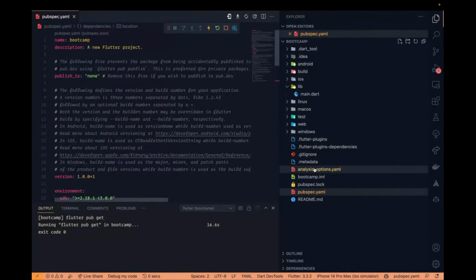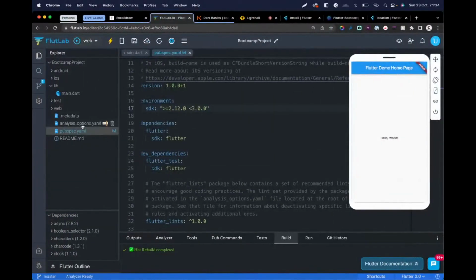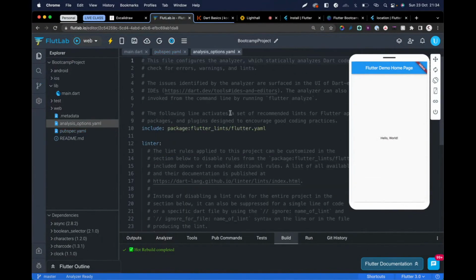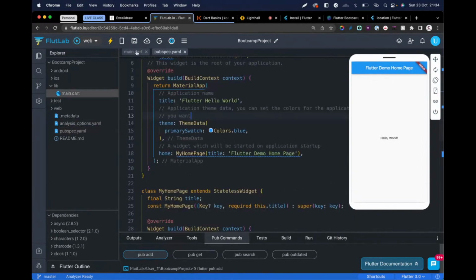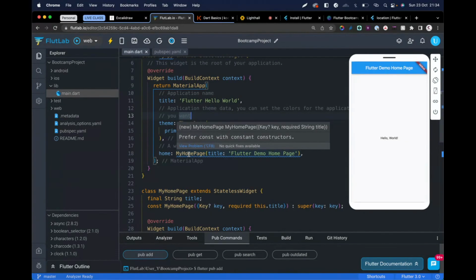So let's look here. There's an analysis_options.yaml file. You will not need this file for now, but if you get familiar with Flutter, there's something we call linting. You can see that as we were typing, look at it now. There are errors here. It's not like a real error. If it's an error, it will be red. But these are just warnings. They're just telling you